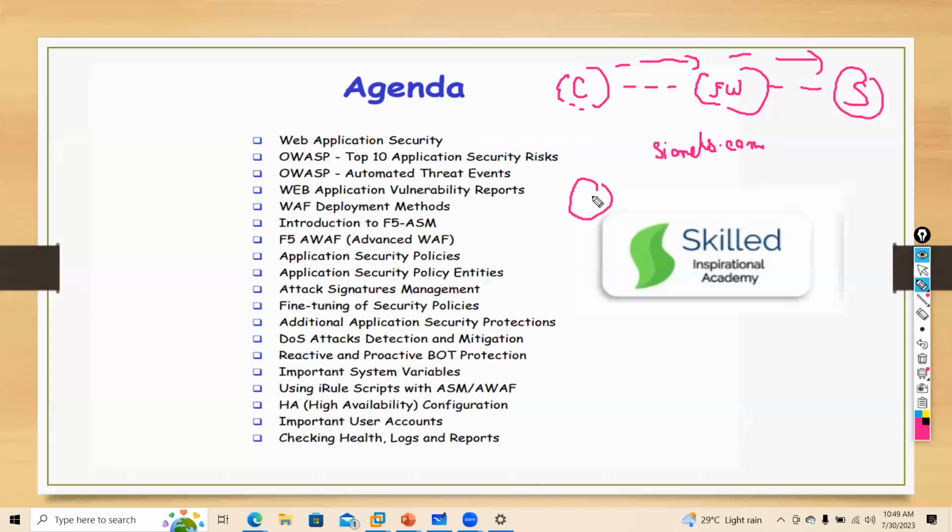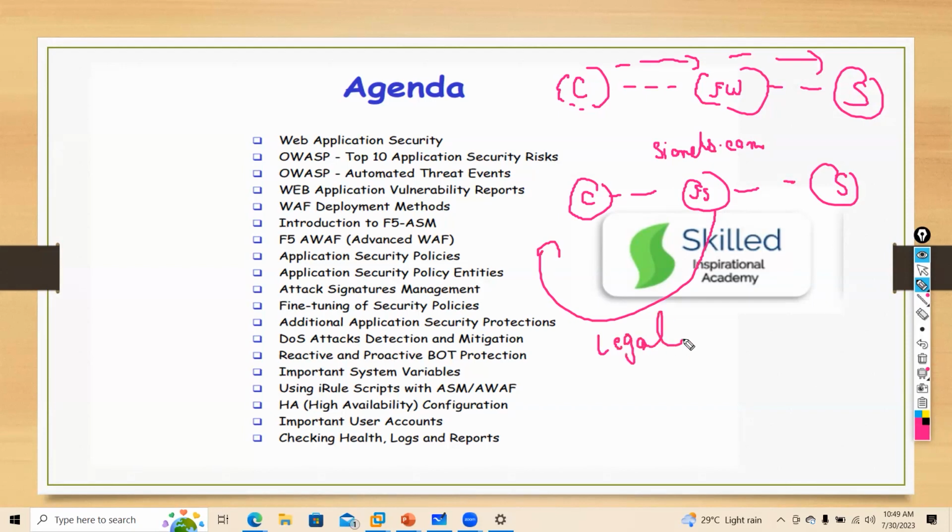Now, when F5 comes into picture, F5 works as a proxy module. In this case, it will see whether this traffic or this person is legal or non-legal. It will also check, if the server is responding, whether the traffic is good or it is hacked traffic. So there are two types of traffic, trusted and untrusted. When F5 comes into picture, guys, it gives you the advantage of load balancing. Plus, it is acting as a man in the middle,